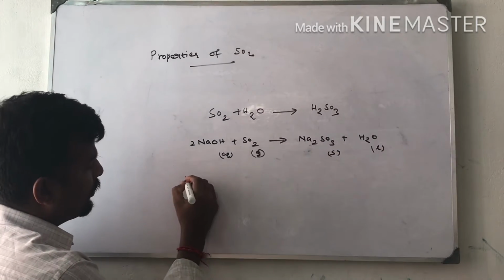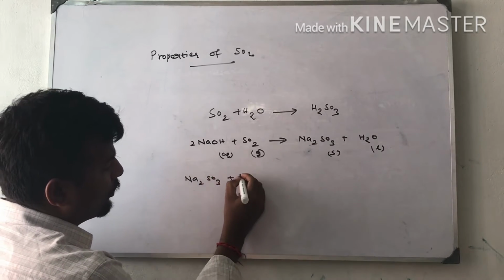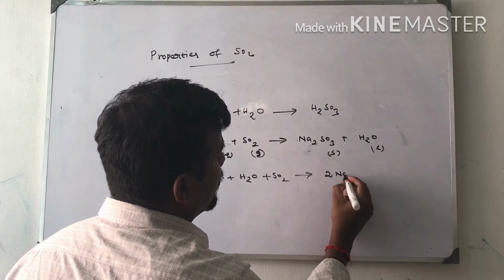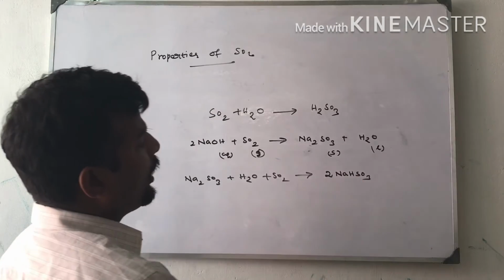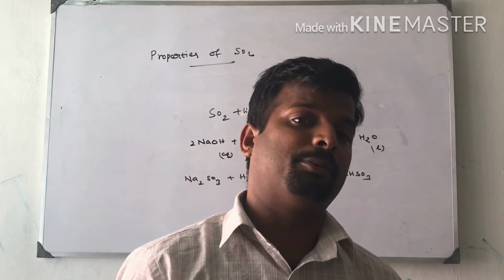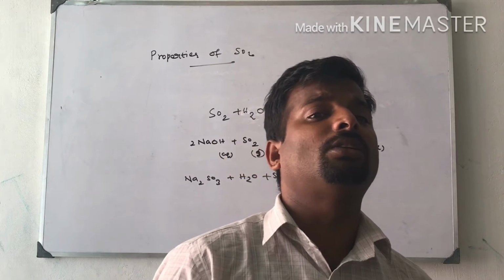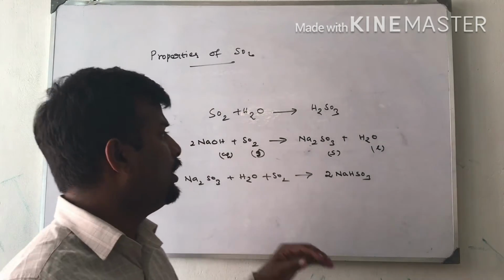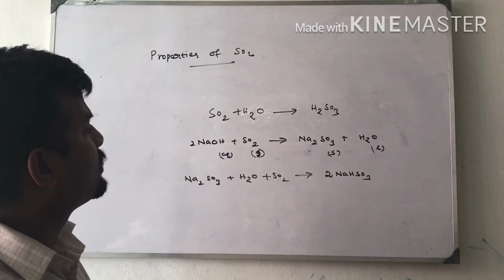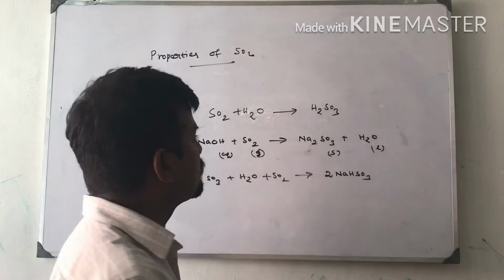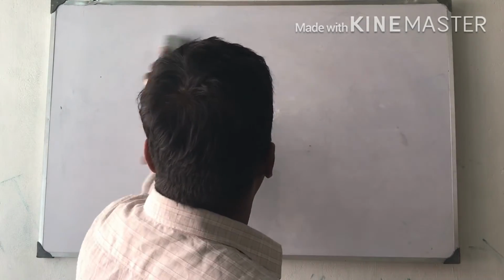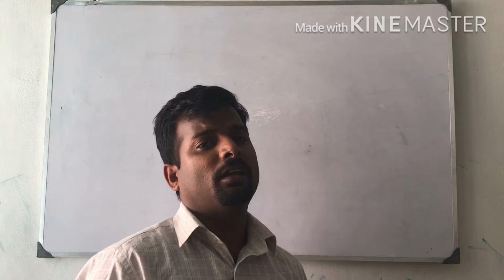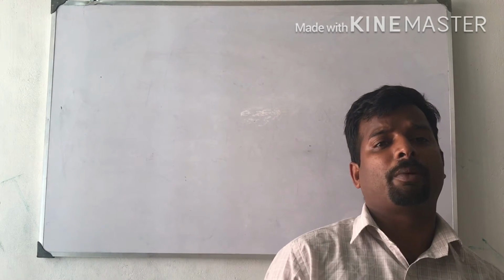Next, Na2SO3 reacts with sulfur dioxide again to form sodium hydrogen sulfite, NaHSO3. Sodium hydrogen sulfite is a very good reagent for identifying aldehydes and ketones in organic chemistry, which we will discuss in the aldehydes, ketones and carboxylic acids lesson. In this way we can prepare sodium hydrogen sulfite. Sulfur dioxide reacts with alkalis and water; its behavior is similar to carbon dioxide.